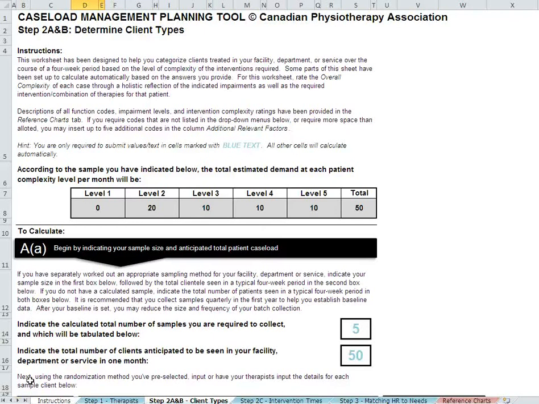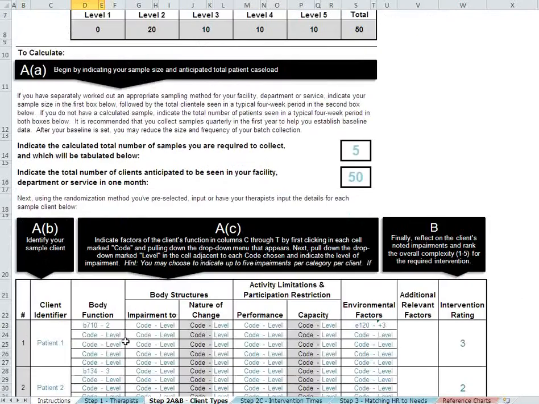Hello and welcome to the Canadian Physiotherapy Association's 6th learning module in the use of the Caseload Management Planning Tool, or CMPT, Excel workbook. This Excel workbook was developed by the Canadian Physiotherapy Association and can be found on our website at www.physiotherapy.ca. I just wanted to quickly go over what we covered in the last few learning modules, which was this